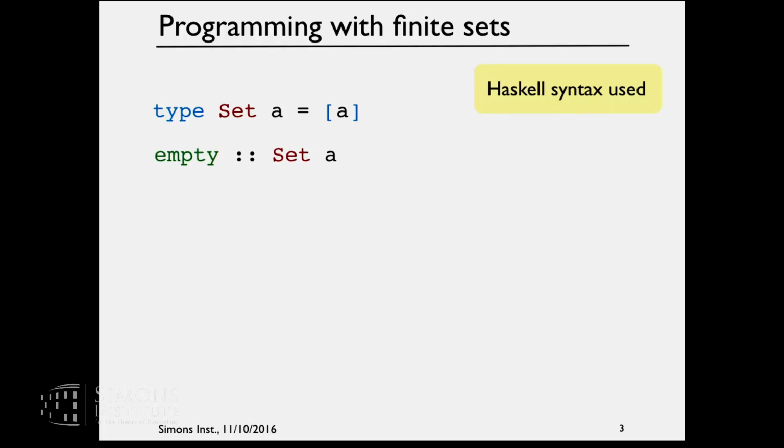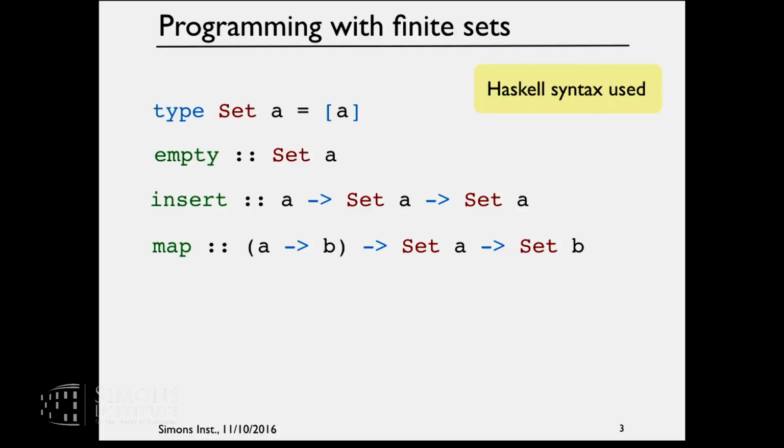And then I can implement some primitives. For example, I can have a constant empty that returns the empty set. Well, it is probably implemented as the empty list. That's a polymorphic constant in that for every type A there is a constant like that. I can also define some functions such as insert that takes an argument of type A, an argument of type Set A, and returns another set and just inserts the element in the set, adds the element to a set. Then there is a very important function map that, given a function from A to B and given a set of elements of A, returns the set of elements of type B by applying the function